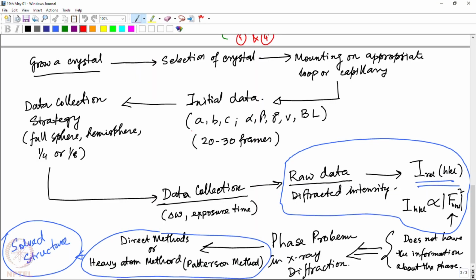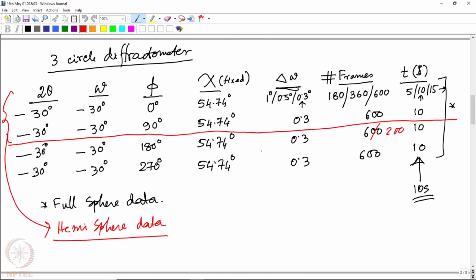You might remember that while doing a data collection, we needed to do some initial screening, which gives you the values for a, b, c and alpha, beta, gamma. From there one can also identify the Bravais lattices from about 20 to 30 frames, which depend on different diffractometers and their geometries, and so on. And from that we can use different data collection strategies incorporated by us or